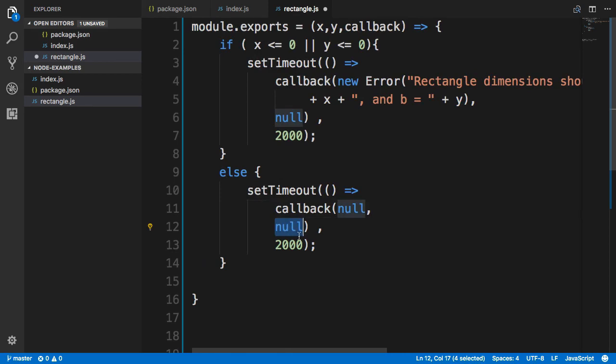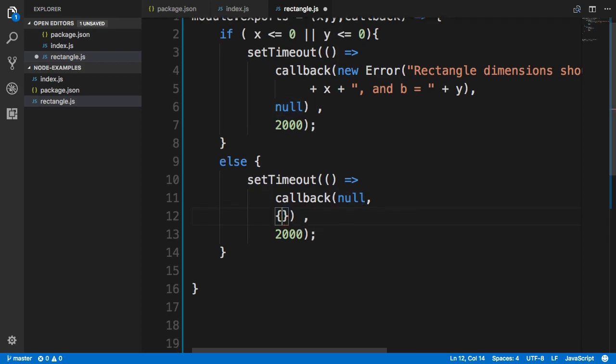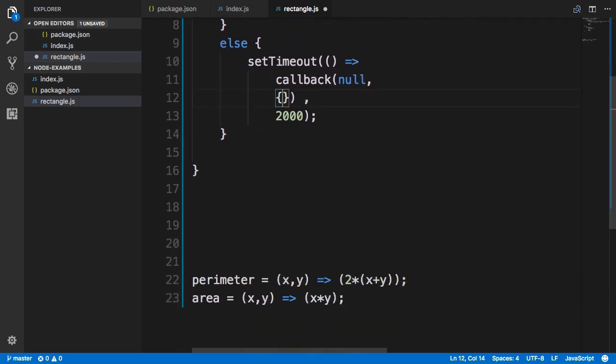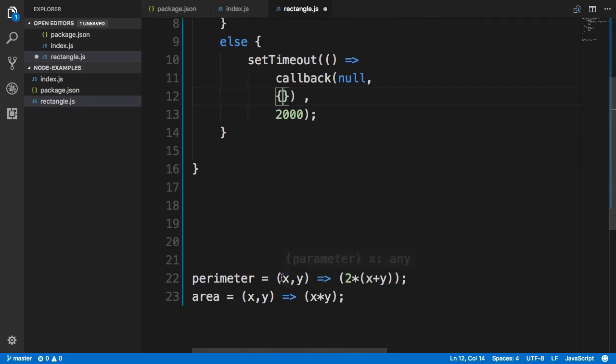But instead, I'm going to simply pass in a JavaScript object containing the two functions as the two values inside this JavaScript object. So here I'm going to take this to the perimeter and the area,